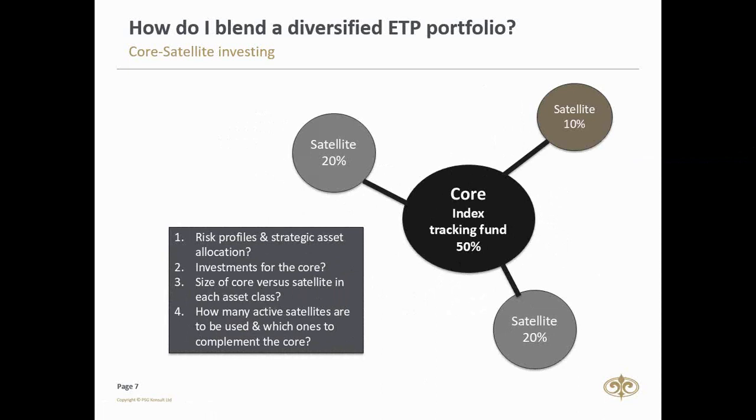The core can also go along different lines. This can reflect your bias towards either value or growth. And you'll see in the next slide, we talk about RAFI funds. There's also what they call momentum funds. You might want to have more growth over value. You might have more exposure to government bonds instead of, say, corporate bonds. We don't really have corporate bonds, but you might have government bonds over preference shares. You might want to have more exposure to foreign markets versus domestic markets.